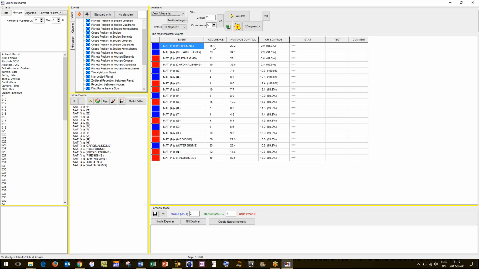As you can see, the actual Jupiter in fire signs is 15. 20 is in the average control group, so that would rank as seldom. But based on the control group, based on the data here, nothing is significant. So it's not to say that it doesn't happen. It does happen, but statistically, it is not significant.